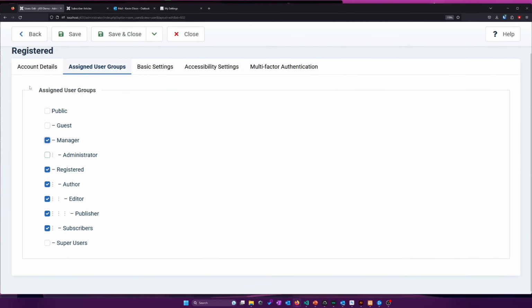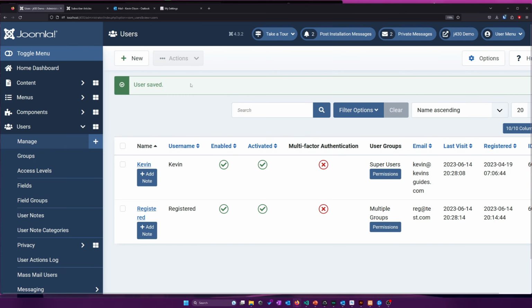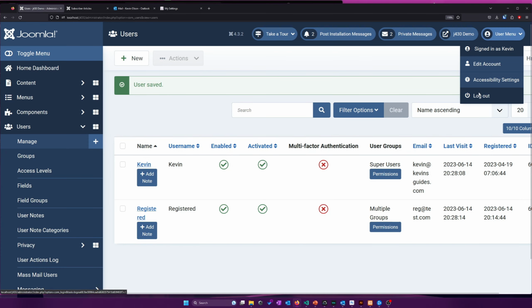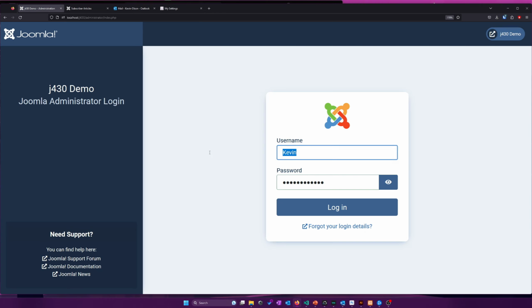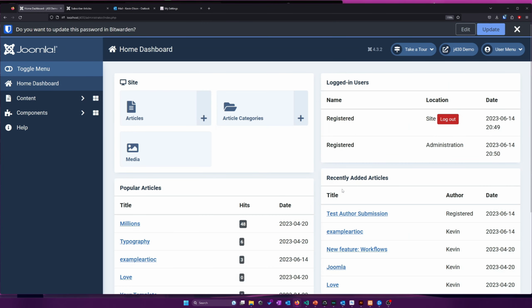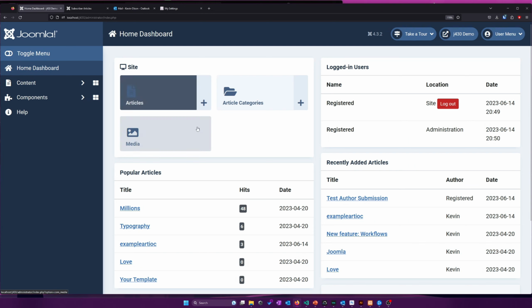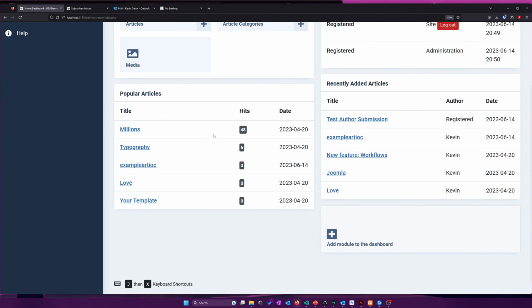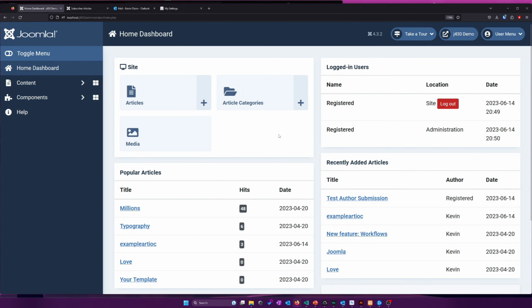I'm going to take them and make them a manager now. I'm going to log out of my backend. Now managers, they're allowed to log into the administration panel, but they can't see nearly as much as an admin or super admin can. So if we look at the manager user group here,